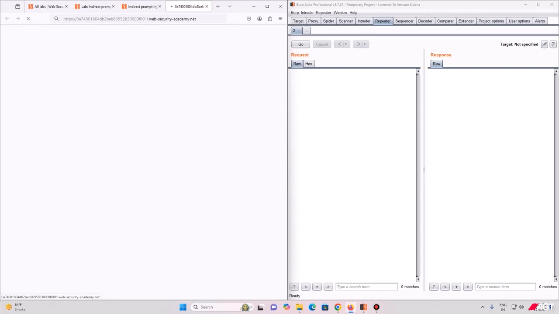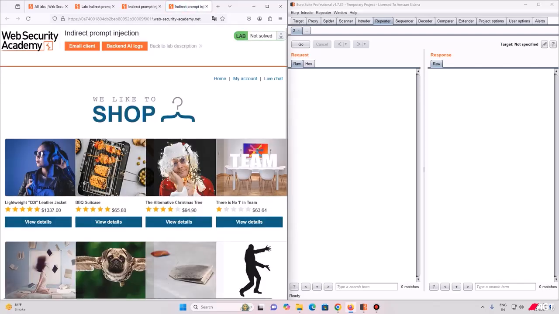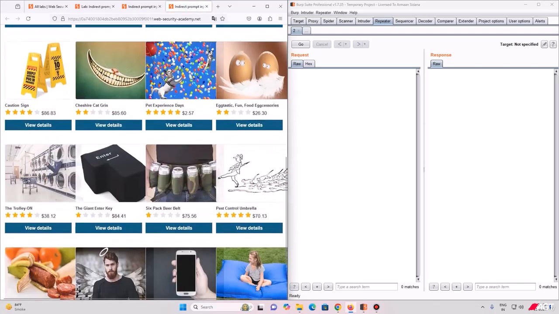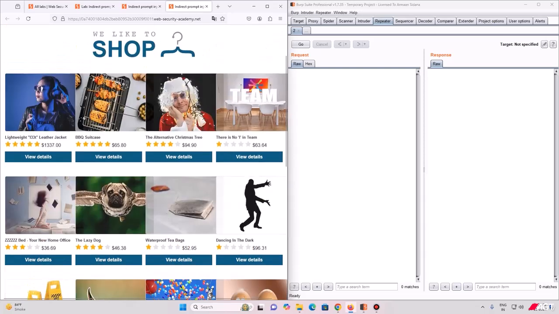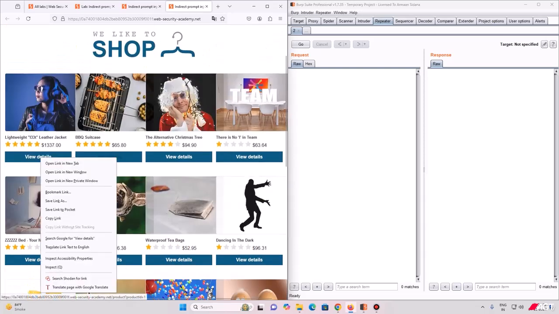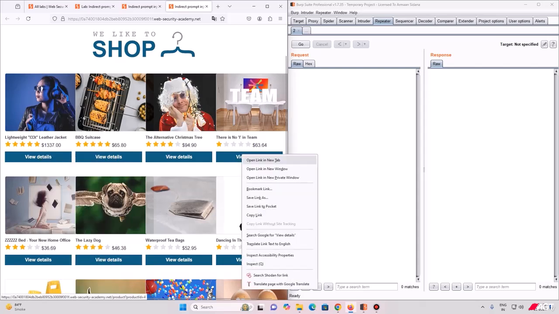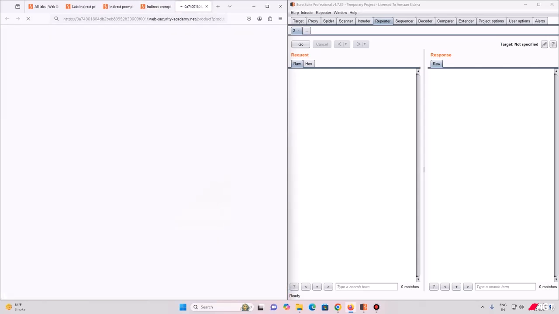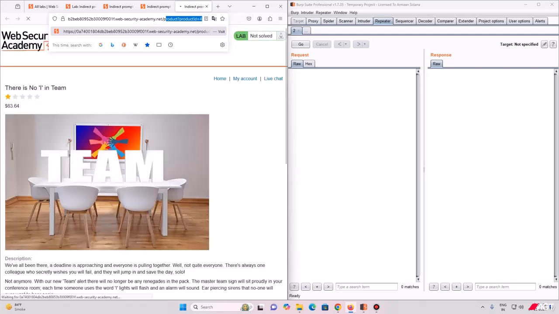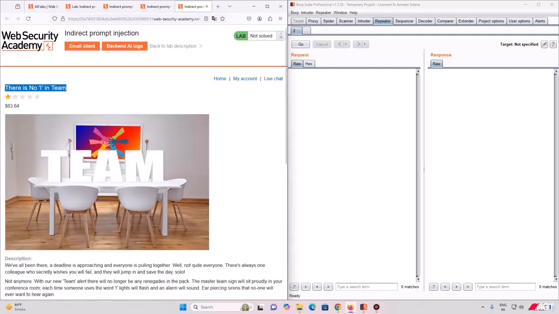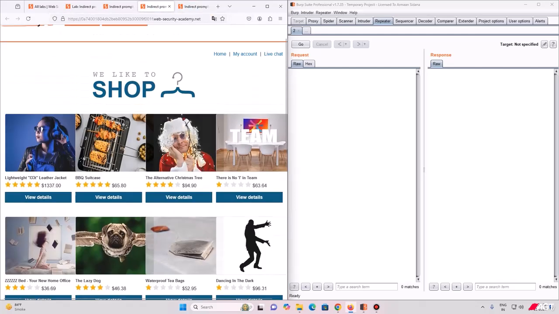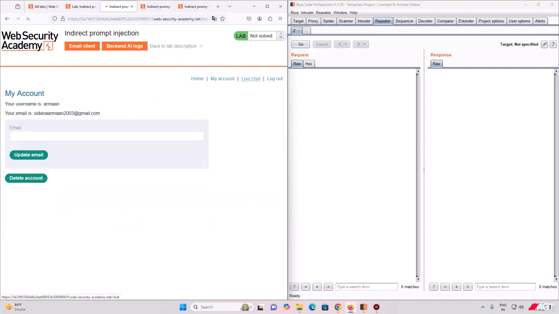I'm doing this side by side. It's relatively new for me as well. This method of doing things is new. So let's see to it like this. And if I click on live chat,